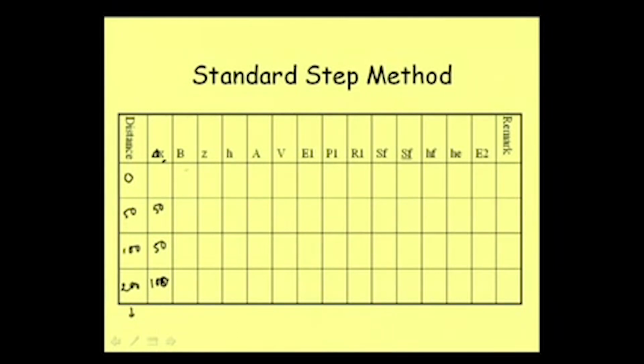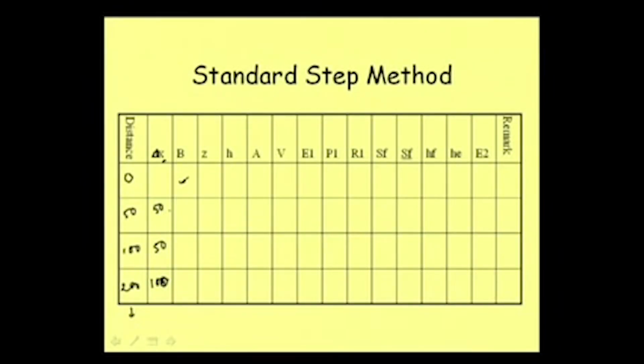Then we can put in the bed width B. Again, if it is a non-prismatic channel, then the bed width from 0 to 50 and the bed width here may be different. So that way we can write the bed width value. I am not putting any value here. Then similarly Z, based on the bed slope and this distance, we can find out the rise or fall of the bed, that Z value we can write. So Z1, Z2, all this we can write.